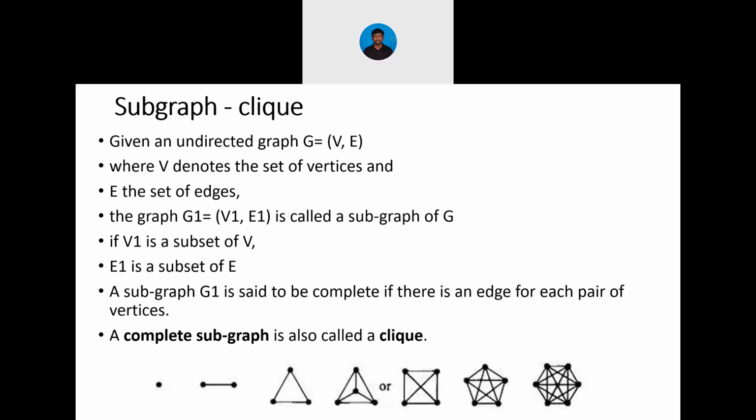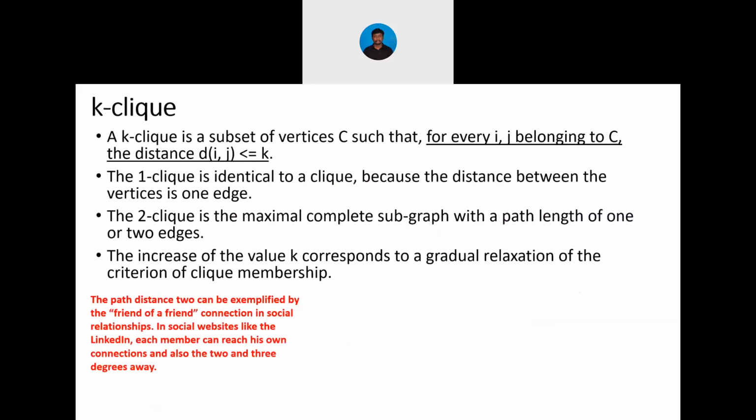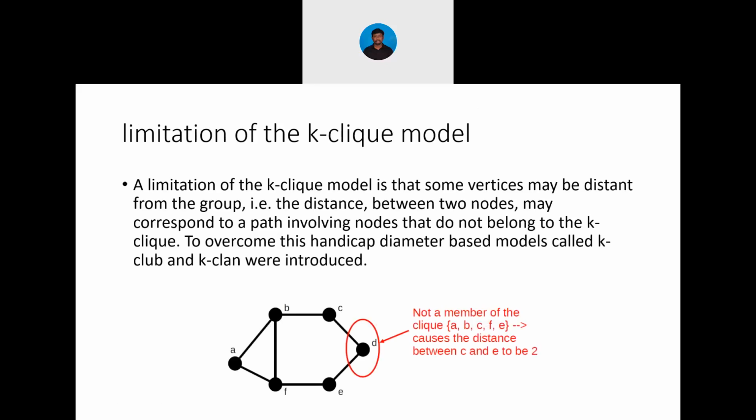There is a limitation of the clique, because we couldn't do real-life modeling: in a real social network, each and every node couldn't communicate with each other. And hence I am going for the K-clique. I derive the subgraph with the help of K-clique. In the K-clique, for every pair of nodes i, j belonging to C, the distance is less than or equal to K. How we can derive a 1-clique, a 2-clique, a 3-clique: we have to consider every node in this subgraph to reach some other vertices in the particular subgraph. This is how we have derived 1-clique, 2-clique and 3-clique.